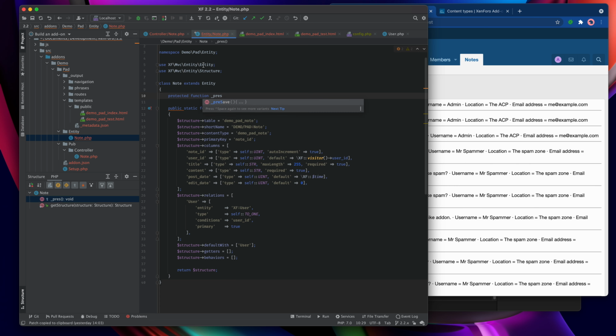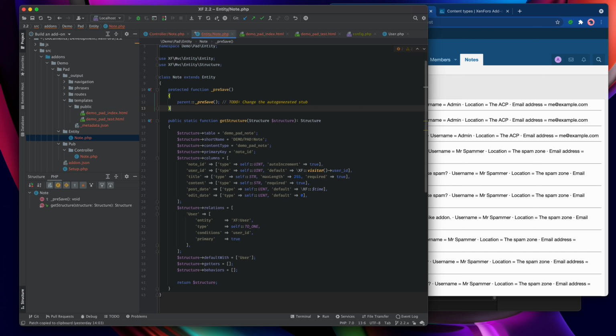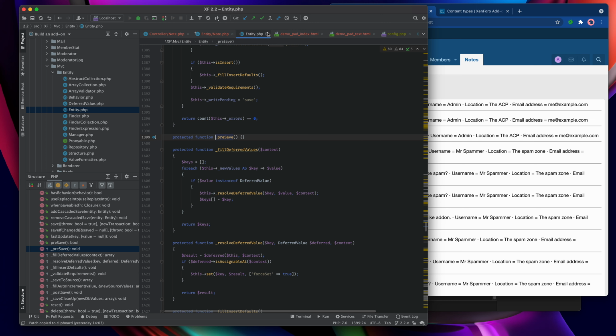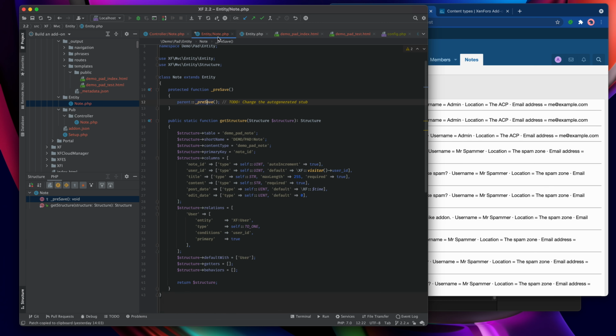And you can see that it's being automatically suggested because there's one in the main entity class that we're currently extending. So let's say yes to that and have it auto-generate. Now, we're going to take off that because in actual fact the preSave function in the parent is empty. So we don't need to include the preSave call there.